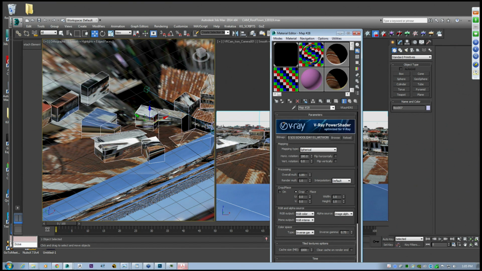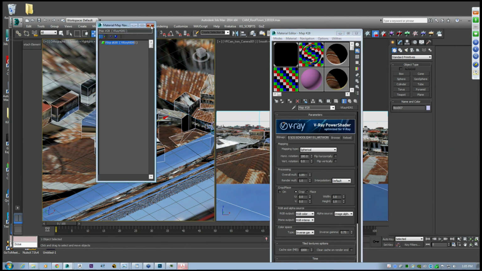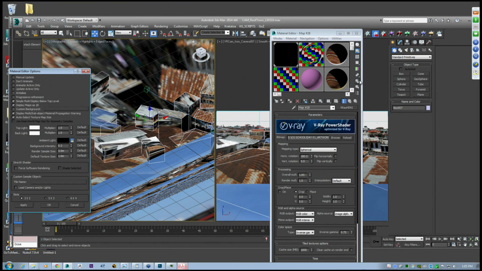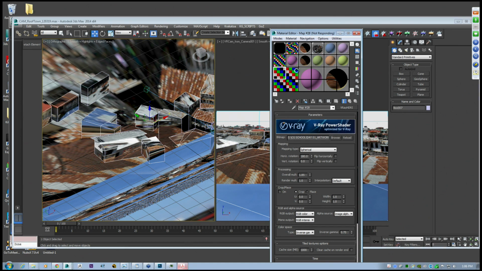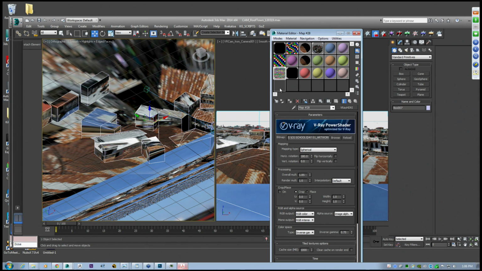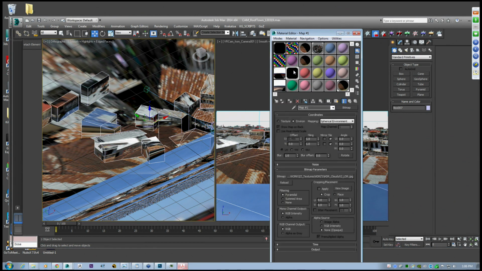So what we're going to do is apply a camera map per pixel modifier to the geometry. We're going to clone our camera, and we're going to use that camera to project through onto the geometry. And the material we want to work with here is